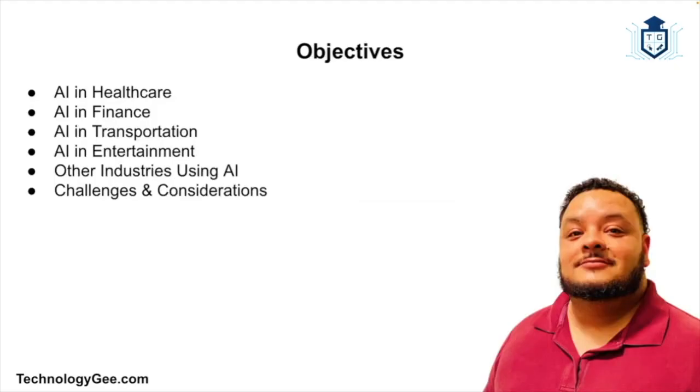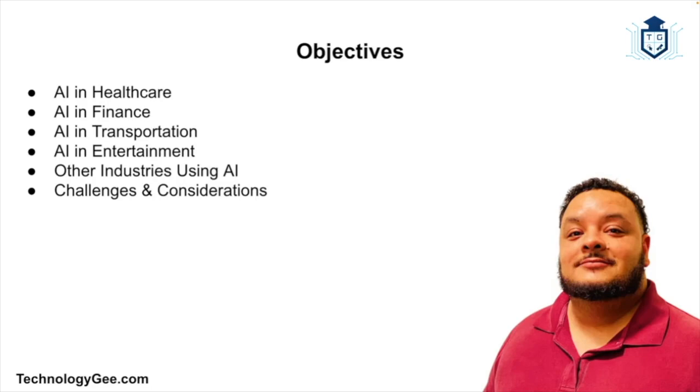You've probably heard the phrase "AI is everywhere" more times than you can count. But what does that really mean? Are we just talking about robots and sci-fi stuff, or is artificial intelligence actually impacting your everyday life? Well, here's a spoiler alert, it's actually doing it. From helping doctors diagnose diseases faster to making sure your Netflix suggestions are scarily accurate, AI is working behind the scenes across almost every industry, and it's only getting started.